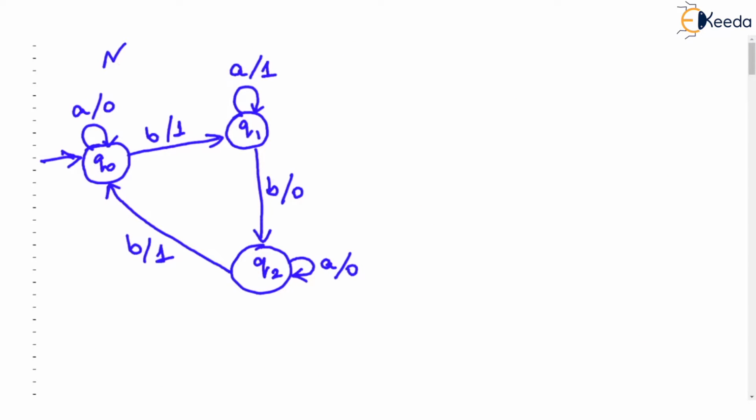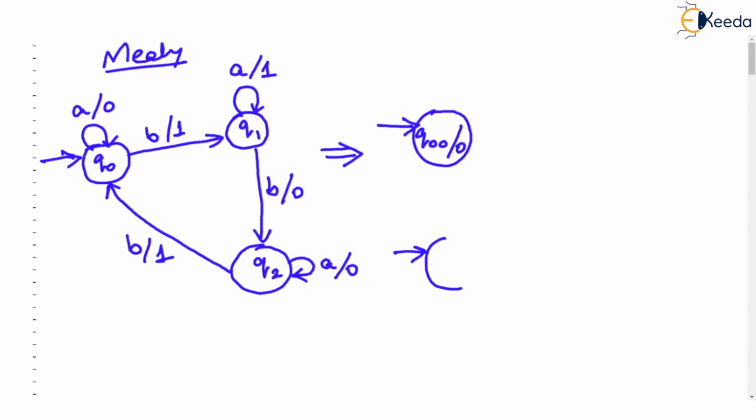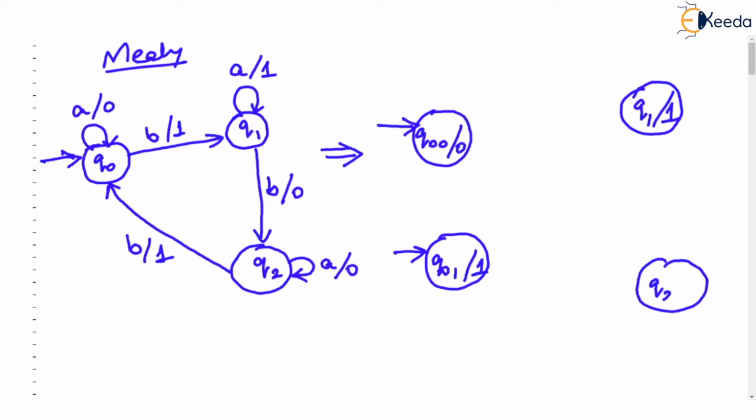So let's go to another slate, same Mealy machine I have drawn. To make things cleaner, I have again drawn the same Mealy machine. And what was our inference? That we will have two initial states, isn't it? One of the states will be called Q00, it outputs 0, and another initial state will be named Q01, this will output 1. And we also came to a conclusion that Q1 need not be split. Q1 will always output 1. And Q2, the other state, will output 0.